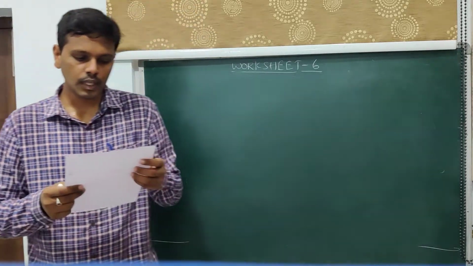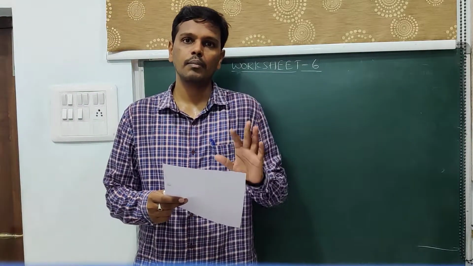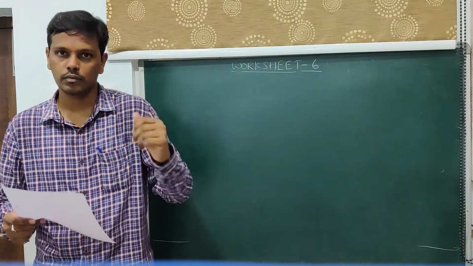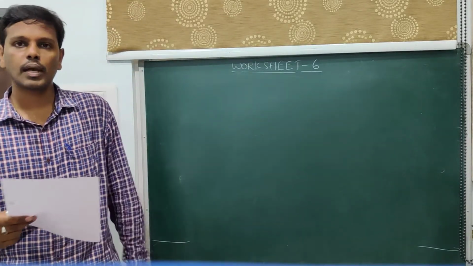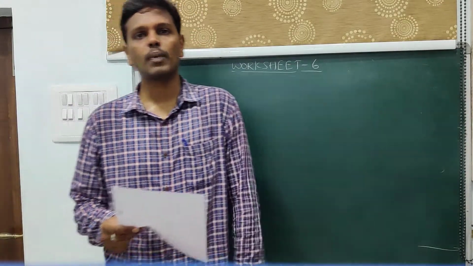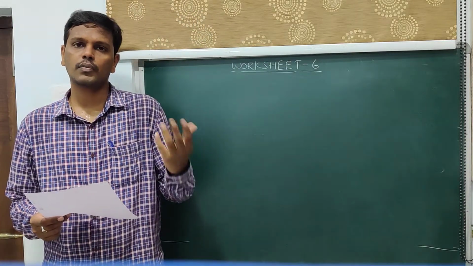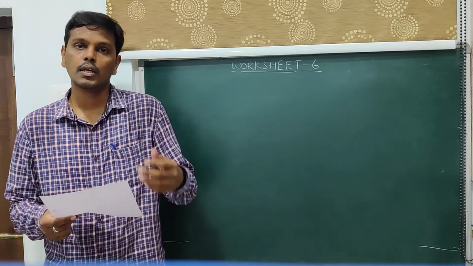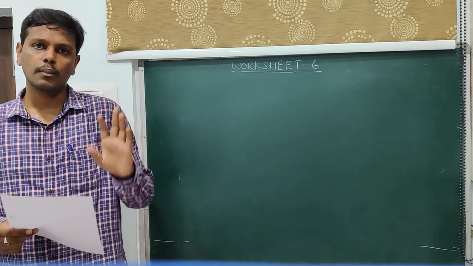Next, the second one. Define a prime number and give an example. You have to understand that when we talk about prime numbers or composite numbers, we talk about positive integers. We don't talk about negatives, so we are strictly restricting our discussion to positive integers. Whenever you say a prime number, it is any number greater than 1 which has 1 and itself as the factors. Examples like 2 and 3 are numbers which have 1 and itself as the factors. Therefore we say that those numbers are prime numbers. So strictly speaking, prime numbers are defined for positive integers.